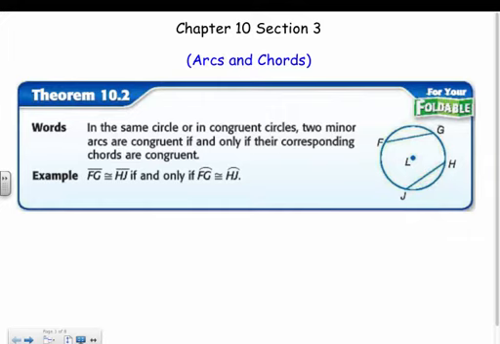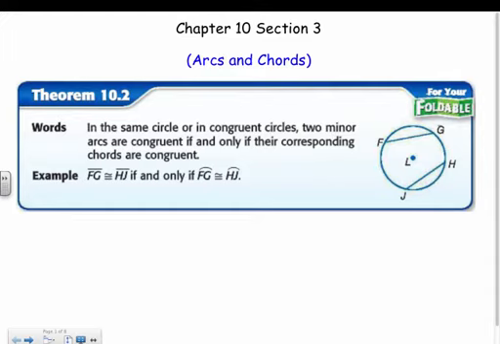When dealing with arcs and chords, I feel like all these theorems and properties that we have with them really make sense. When we get into our secants and tangents, there might be some rules and some theorems that we actually have to memorize, and they kind of make sense, but they're not quite as straightforward as the ones we have here. For example, our first one says in the same circle, or in congruent circles, two